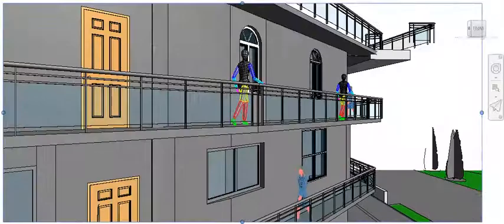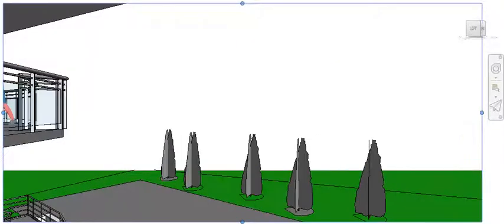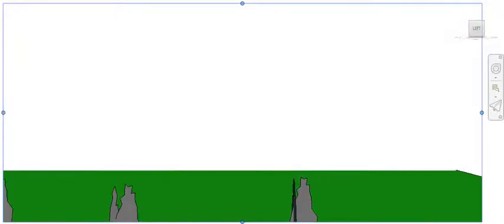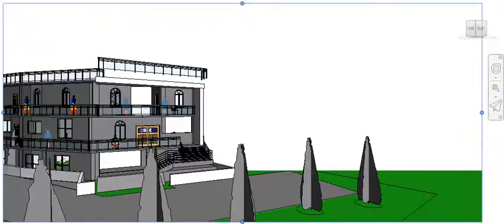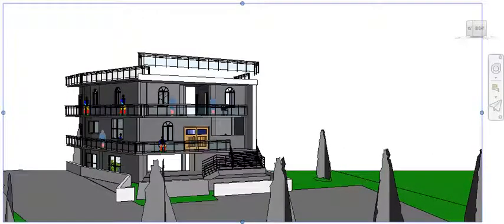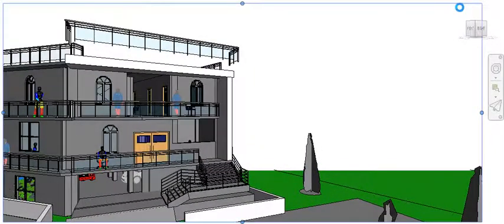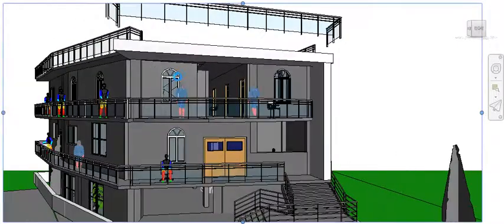Hi guys, this is the side view of this building, and now we will enter the second floor. The second floor is made for family living purposes, and the first floor which you saw earlier is for hospital purposes. It's a requirement of the client, that's why I made it. This is a full view of this 3-story building. Here is a basement, here is the hospital, and there is the family living area.